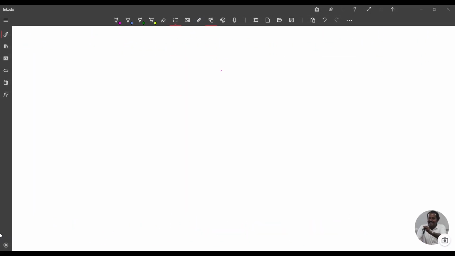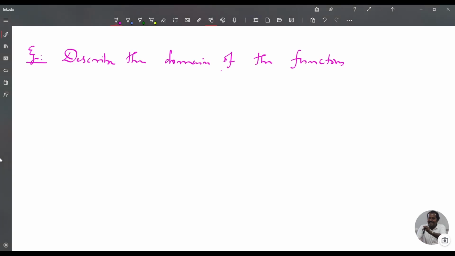So now we can discuss one more example. Describe the domain of the function f of x, y equal to 1 by square root of 16 minus x square minus y square. So solution,